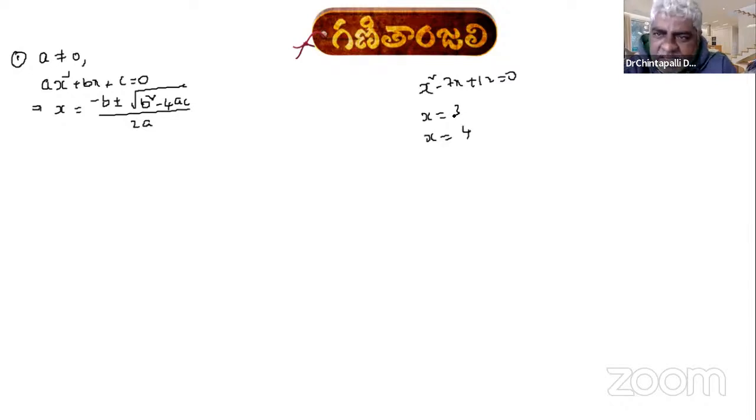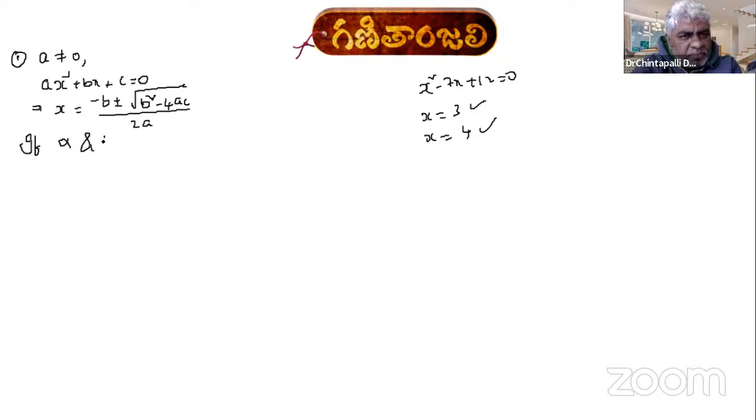How many solutions are there? Two. It has two solutions, that's why plus or minus is there. If you take plus, we get one solution. If you take minus, we get another solution. So if we write those two solutions separately and name them as alpha and beta,